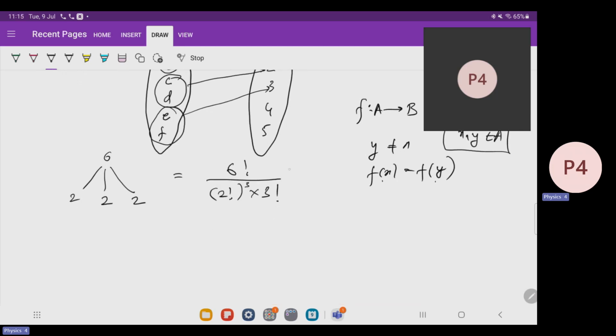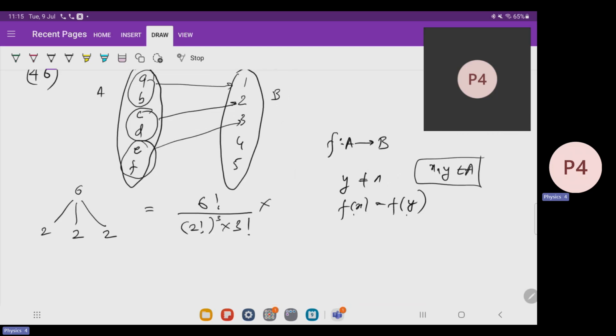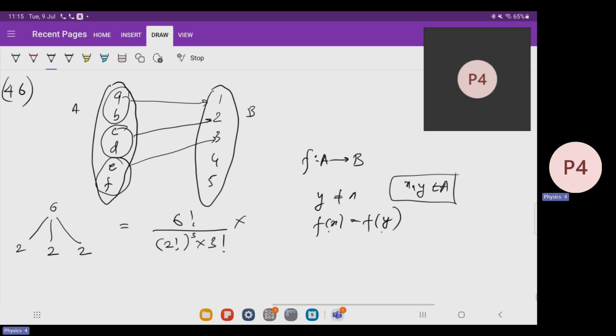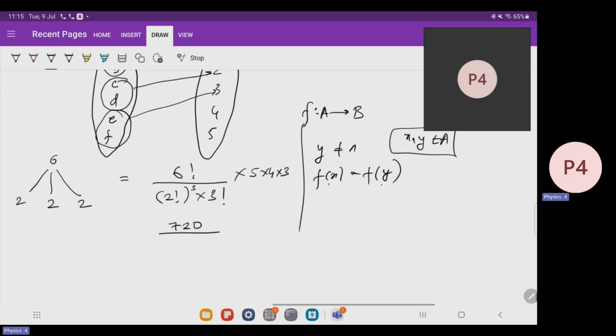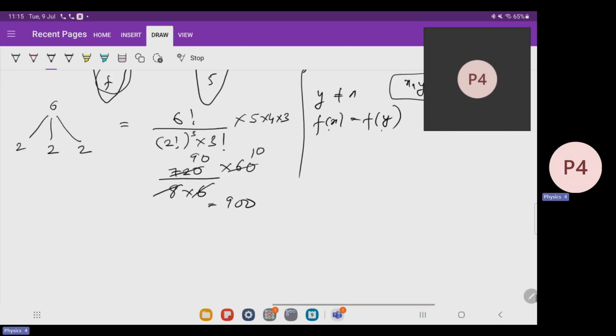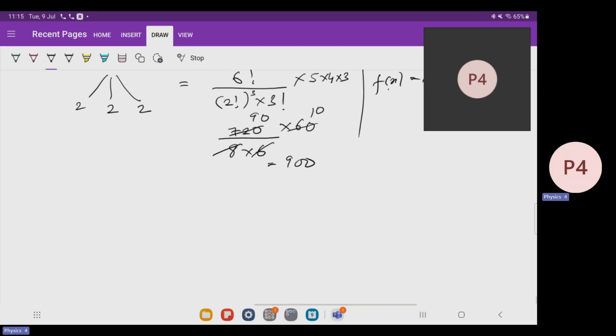Now each of these groups, if you take one such group for example, what are the possible mappings which you can do to B? So it is like 3 groups you have now and you have 5 elements in B. For the first group you have 5 choices, for the second group 4 choices, and for the third group 3 choices. This is what you have to calculate. So this is 720 over 2 cube, which is 8, so 90, into 60. So total 5400... [sic] such functions you can make. Okay, this was 46. Coming to 47,